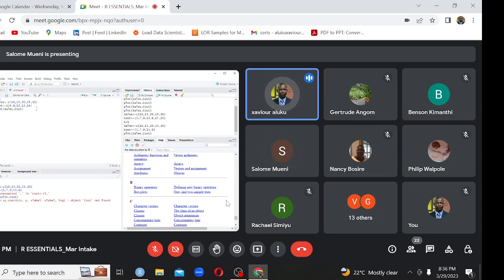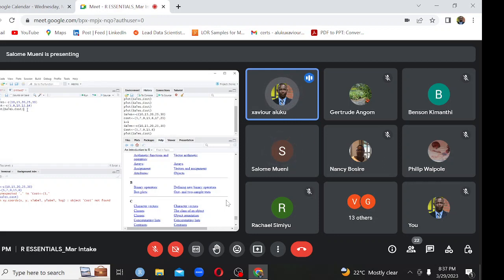Before Salom proceeds, I just want you guys to see that whenever you get an error, first of all, you have to read that error to know what it is. Like we see, it is very clear. It is telling you unexpected symbol in cost. Then it tells you exactly where it is. You see, there was no c before the opening parenthesis, and you have rectified it. The next one,